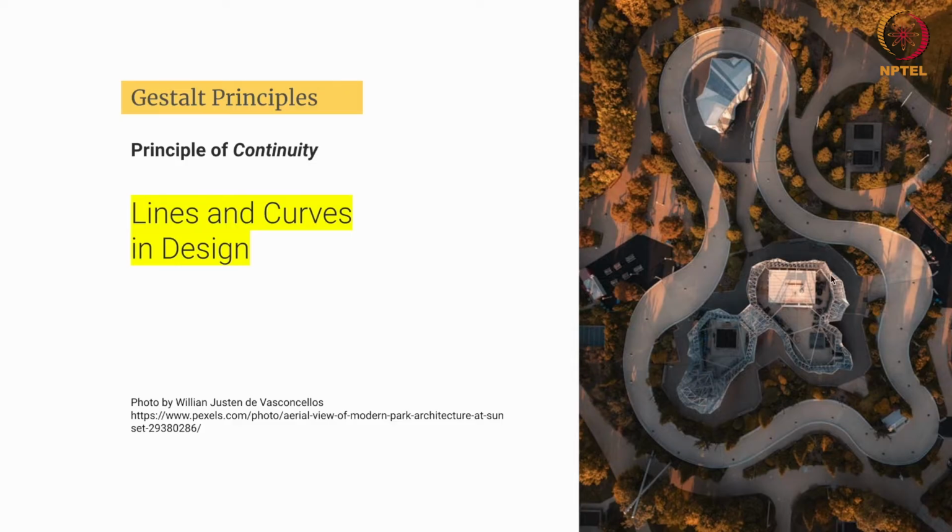Again, it feels like a uniform representation, and the continuity not only extends here, it also extends to the pathways which are associated with this particular structure. This is where lines and curves are playing an important role to provide a sense of continuity in the overall structure. Maybe there are multiple different rooms, but from the top, how the building has been designed feels like a very organic flow, an organic ripple of continuity.